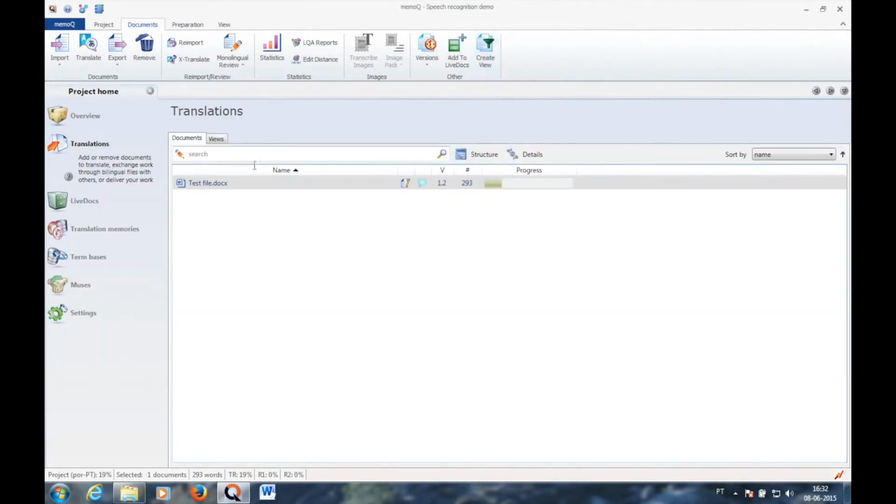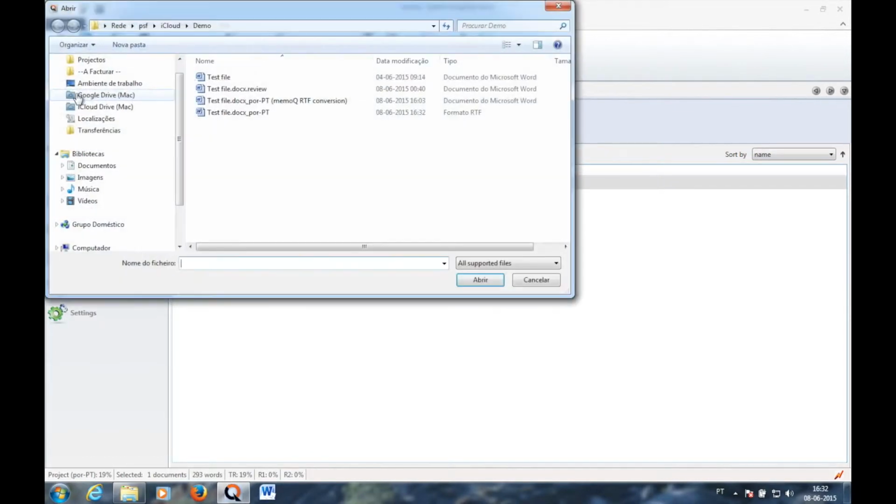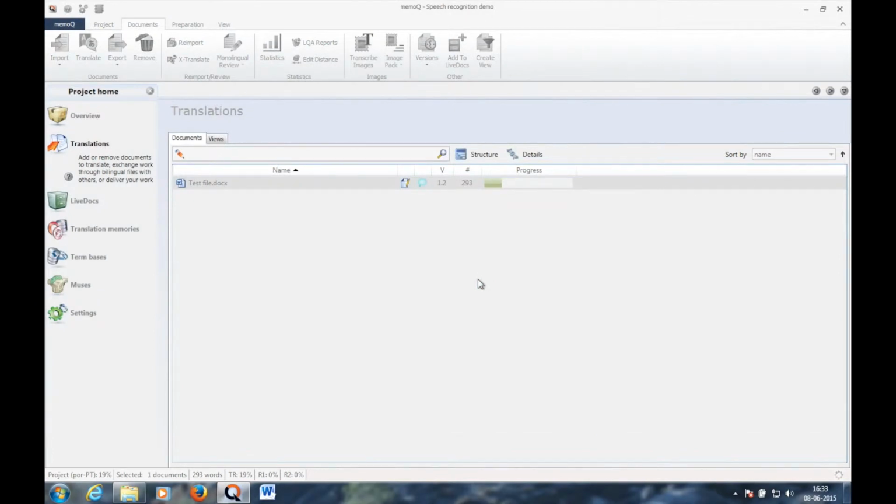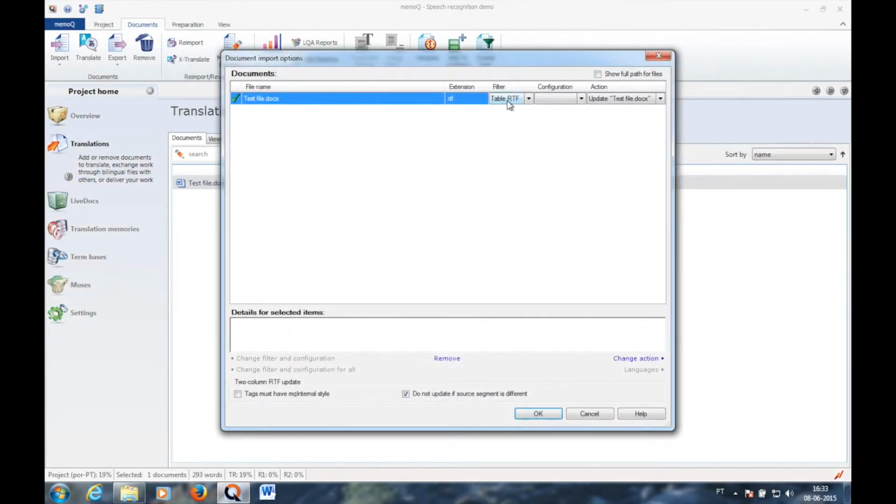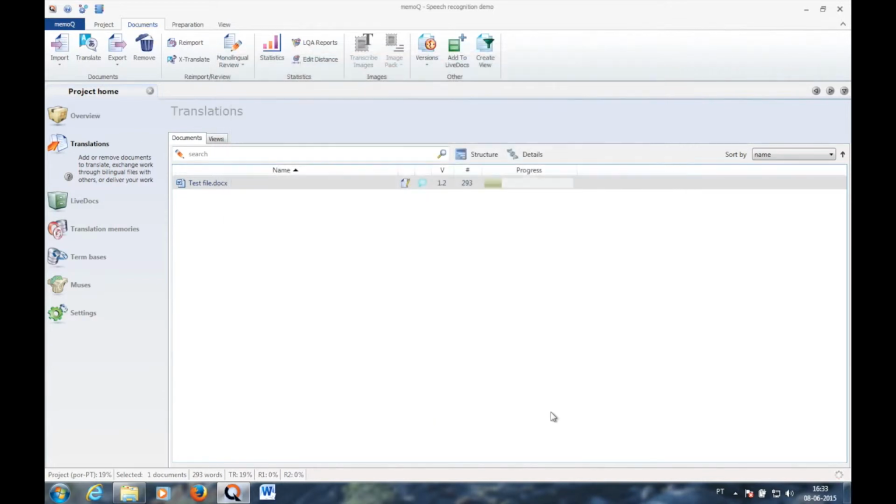Go back into memoQ, select Import with Options, and choose the RTF file. When you choose the RTF file, you get this option, importing it as a table RTF as an update for testfile.docx. You do so,